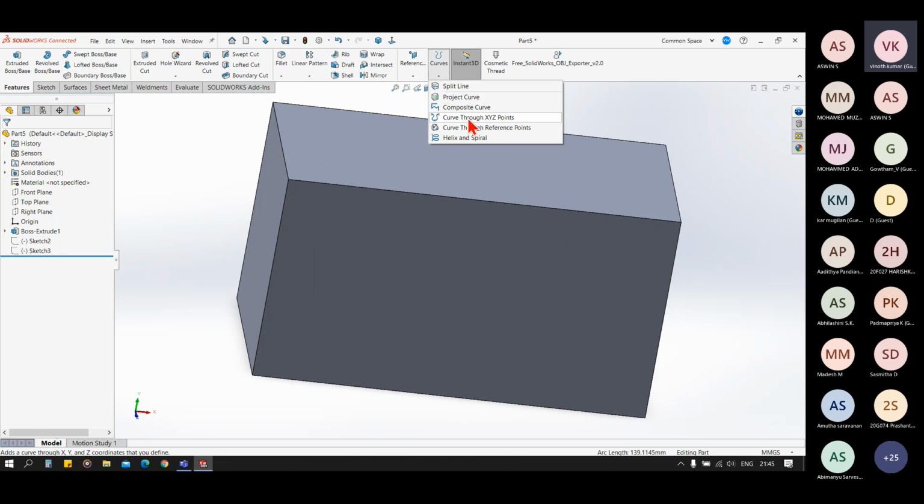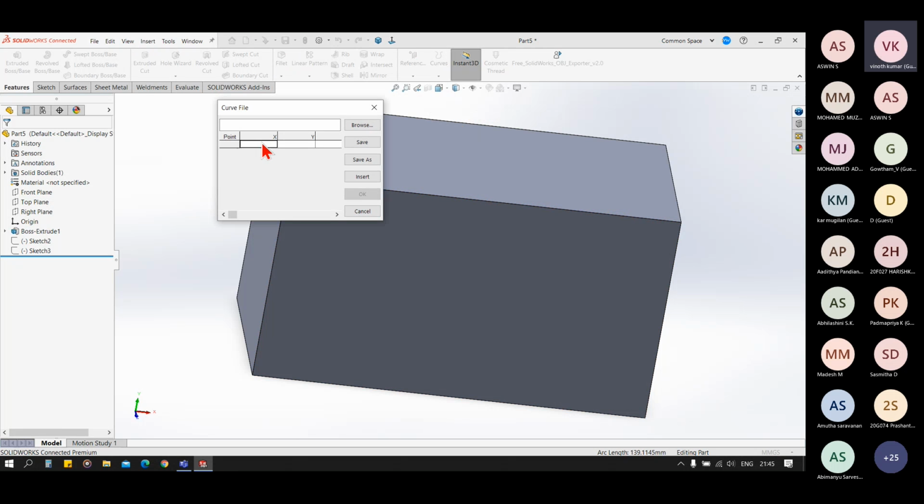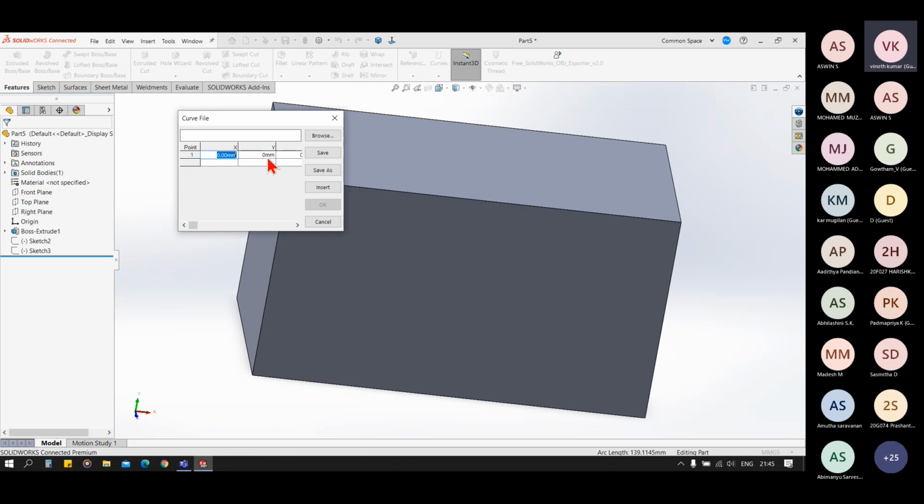Now let's see the curve through the XYZ point. For that case, you have to mention the coordinate XYZ. So let's keep the starting point at 0.